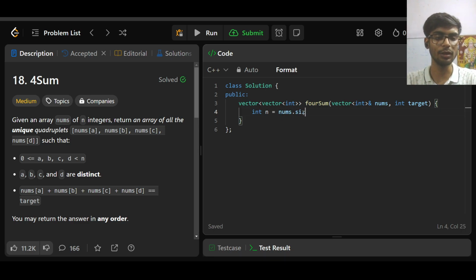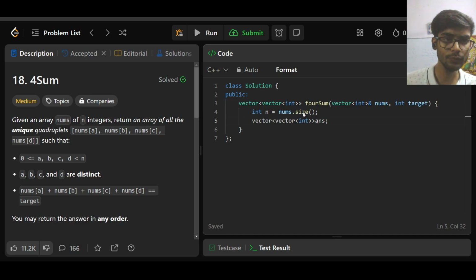First of all, I am extracting out the size of the array, and then yes, we can have our vector of int answer. Now, do you remember in the previous two approaches we have used a set? We have used a set to store unique values and to store values in sorted manner. What if, guys, instead of